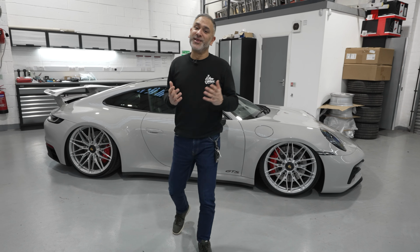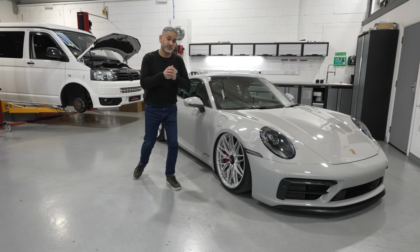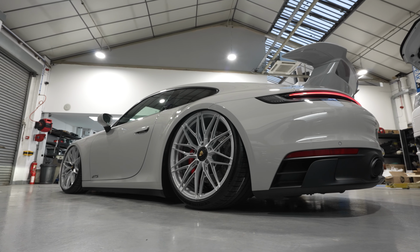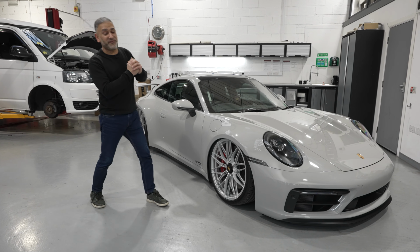Right, so we're a few, not even days, weeks, we're a few months on, and now the 992 GTS is finally bagged. In addition to the air suspension, we also had a set of Vossen S21-02 wheels land with us. Now these are 21-inch on the front and 22-inch on the rear, all wrapped up in Michelin Pilot Sport 4S